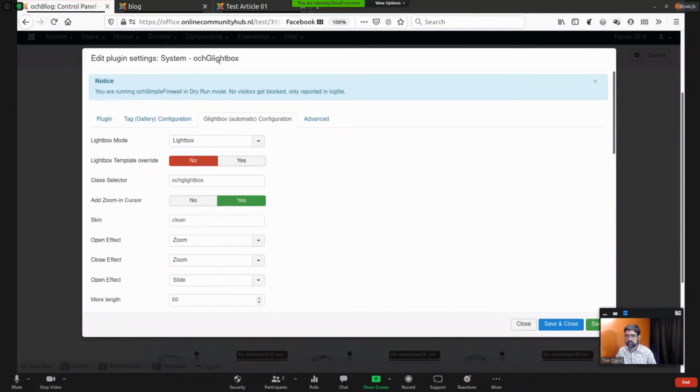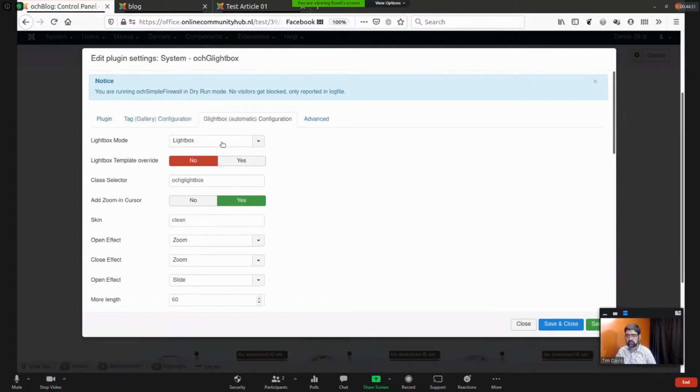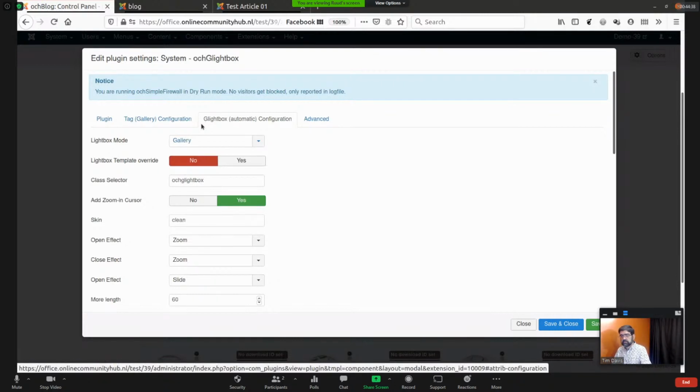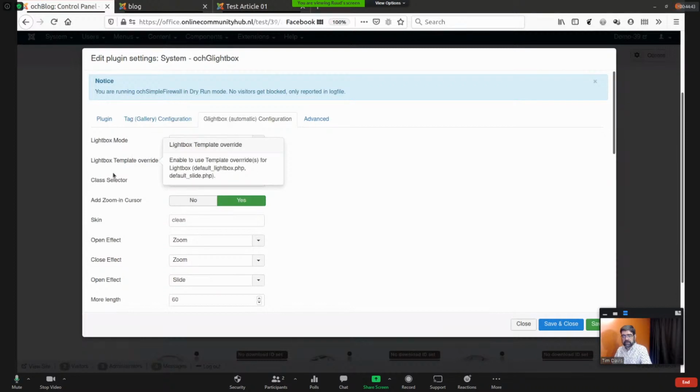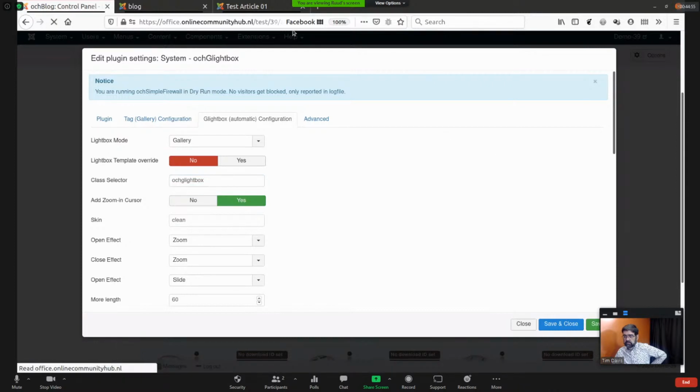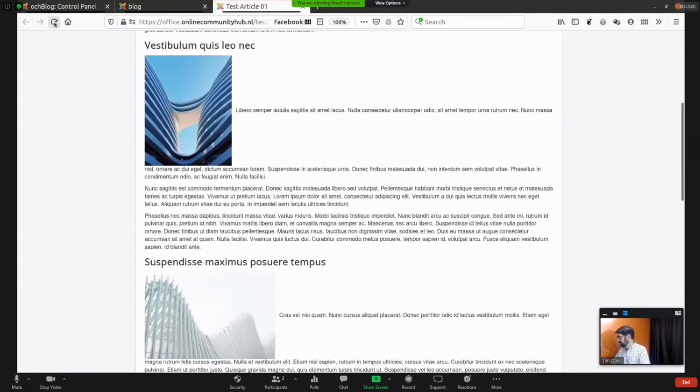So when you go to the Lightbox plugin, and then in the automatic configuration, there's the Lightbox mode. And here you can switch between Lightbox and gallery. By the way, all the documentation is in tooltips. Here you see also the class name. You can take any class name you like. Okay, so when I save this, it will complain about the download ID. But when I refresh now,